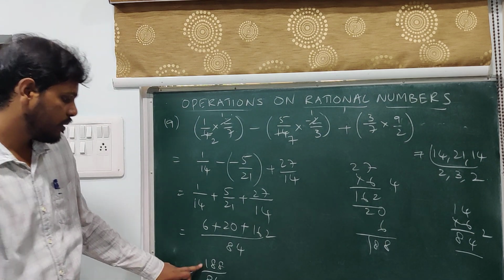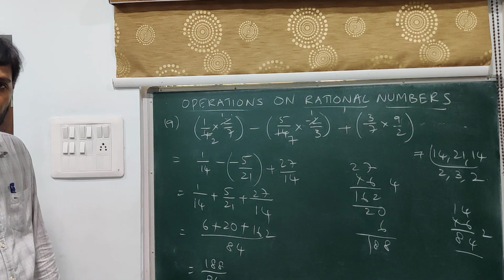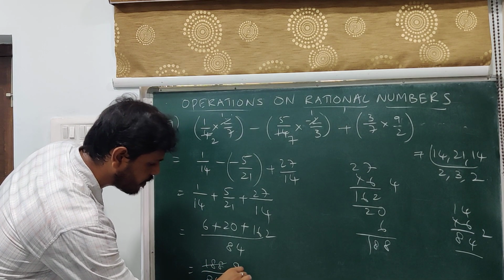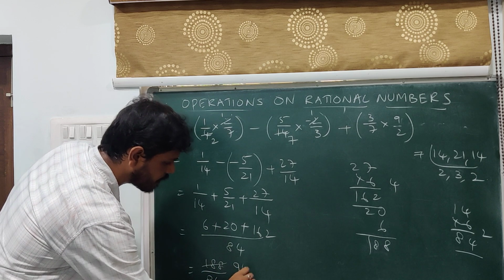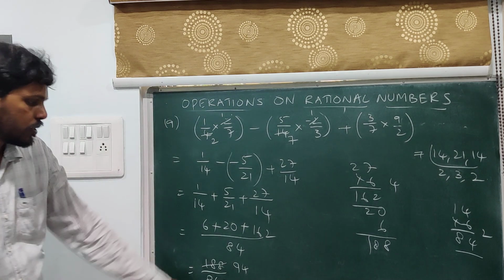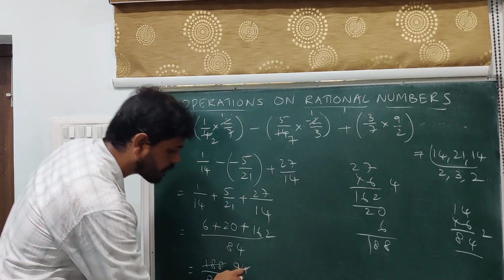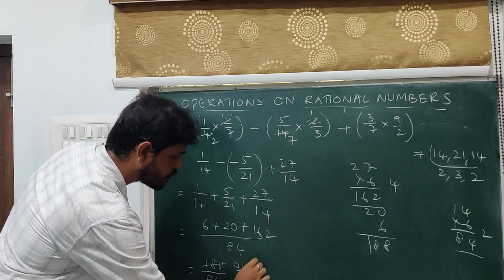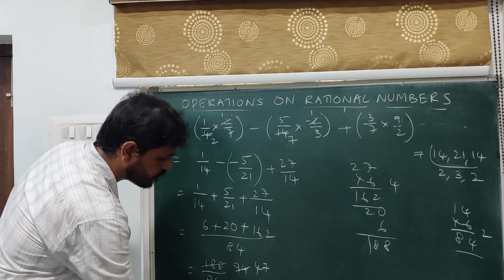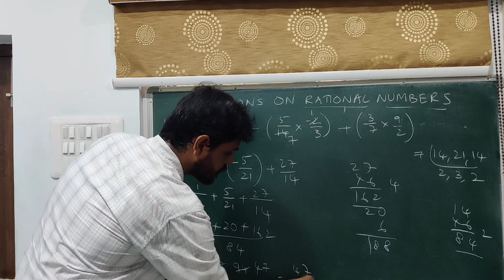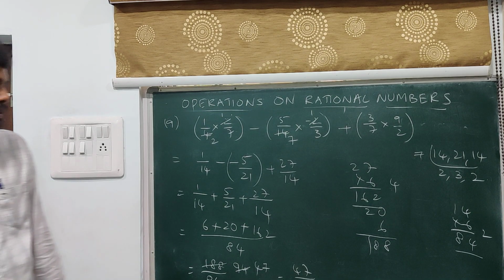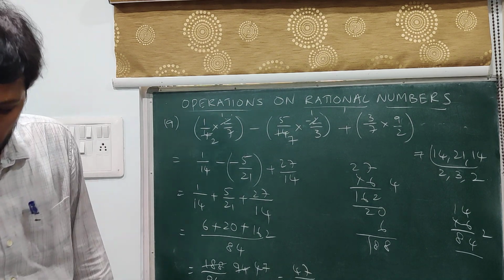Now you see that these two numbers are even numbers, so both of them will go in the 2 table. So cancel them. 2 how many times? 2 9s are 18. 2 4s are 8. 2 2s are 4. Still they are even numbers, they go in the 2 table. 2 4s are 8, you will be left with 1. 2 7s are 14, 2 2s are 4, 2 1s are 2. So finally the result is 47 by 21. So that is all about the 9th problem.